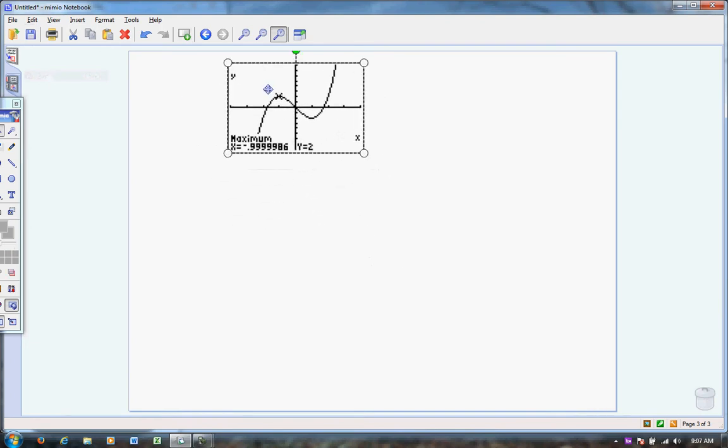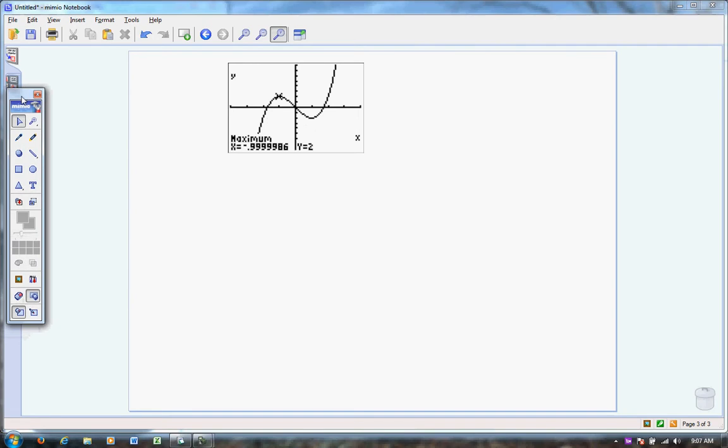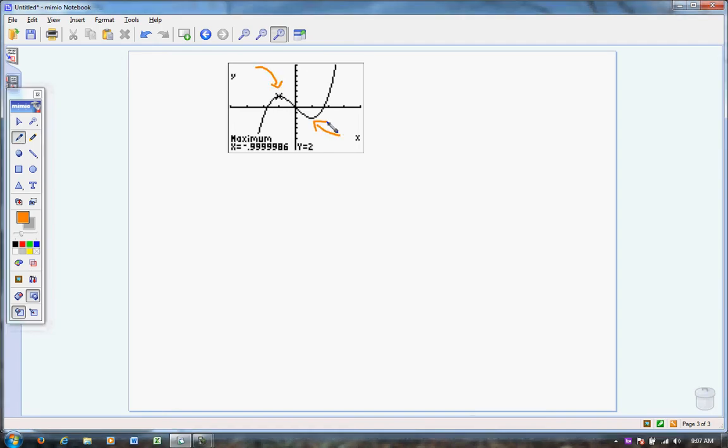Okay, so I have now calculated a maximum. Now let's go back and find the minimum. Okay, I have found this point. Now we need to find this point. So we go back to the graphing calculator,